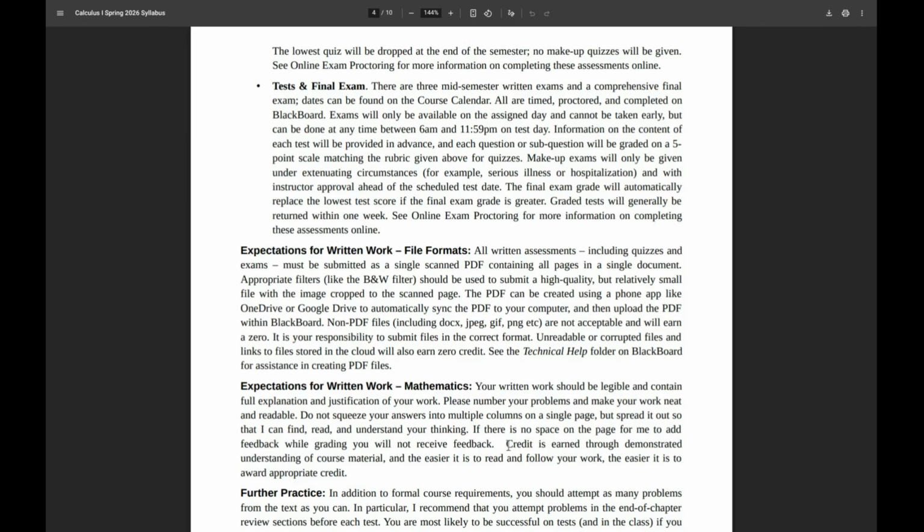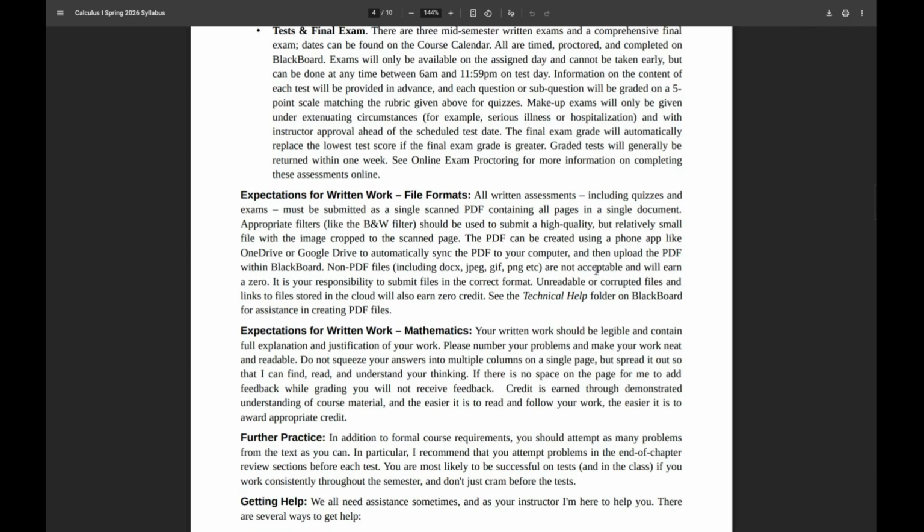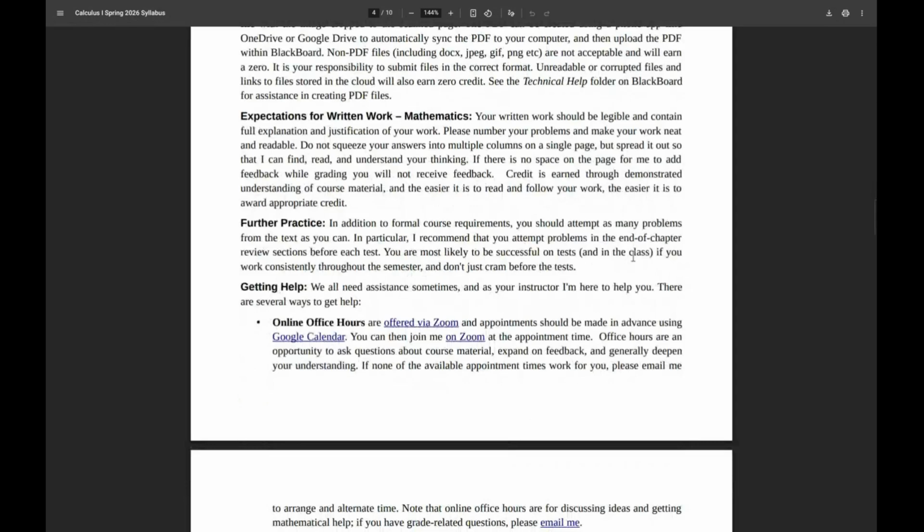Things like equal signs are important. It's the grammar of mathematics. Mathematics is a language we're learning to speak. And so I'm going to care about that as well as the final answer. When you're actually uploading your work, I want you to upload PDF files, and there's more information in the course about how to do that if you don't already know.